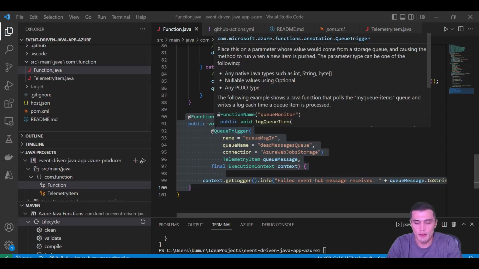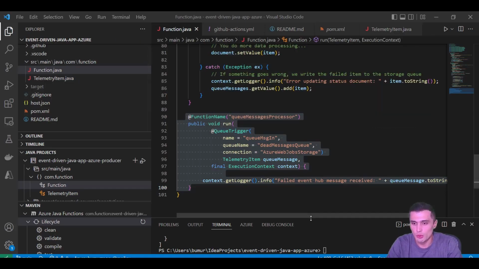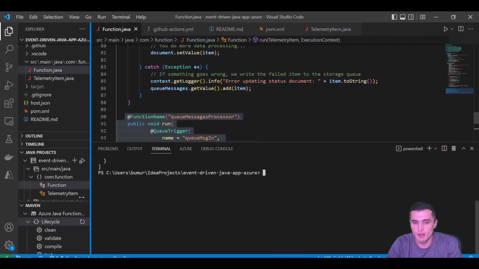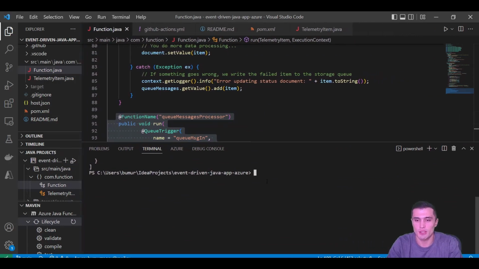By using Azure Core Tools, you can run some Azure function commands from your terminal right away. For example, let's try to first fetch some Azure Function App settings from Azure to run our app locally, because we need these local settings.